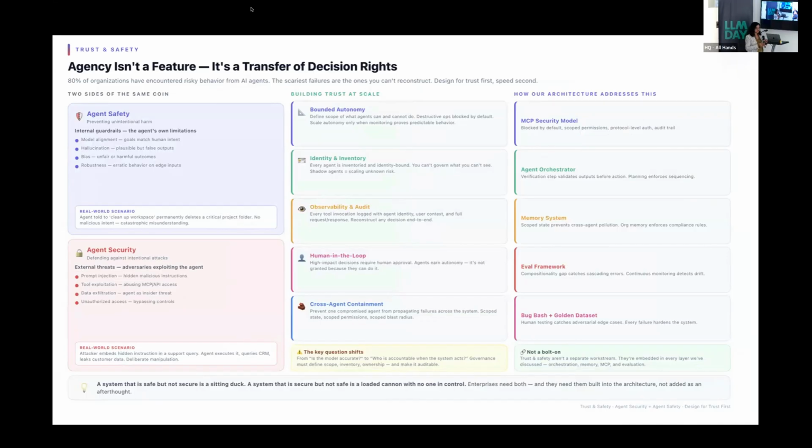When we talk about safety and security, there are two buckets. One is agent safety, and that falls in the bucket of: is my agent going and deleting all the emails because it has misunderstood something, or is it hallucinating a tool and returning some data that doesn't exist? Or does it have bias, and do the goals of the model and the human intent match? Here there is no malicious activity. It's just, is the agent safe? That's the question. And then the security part is: is there a malicious action?